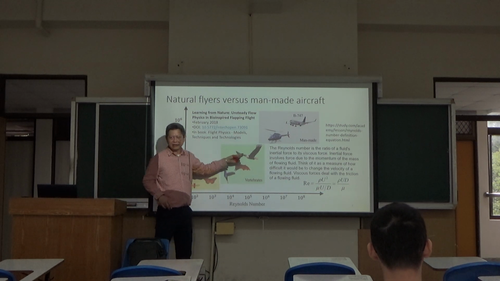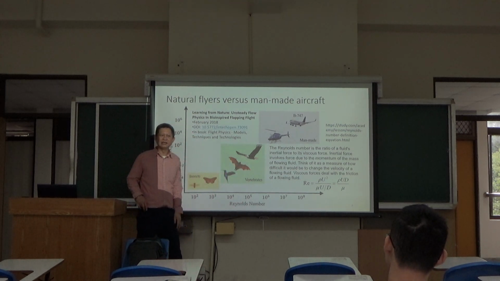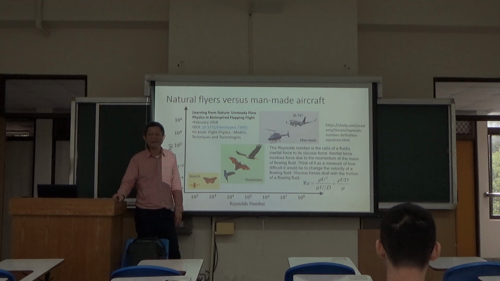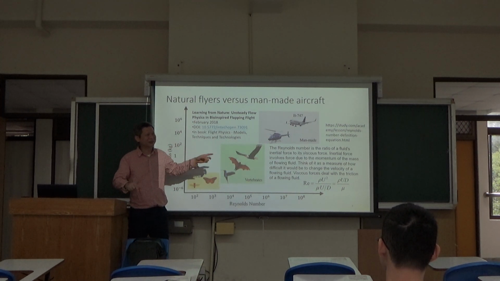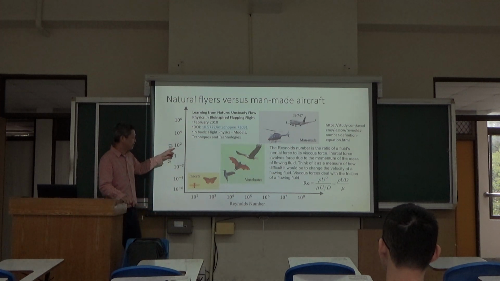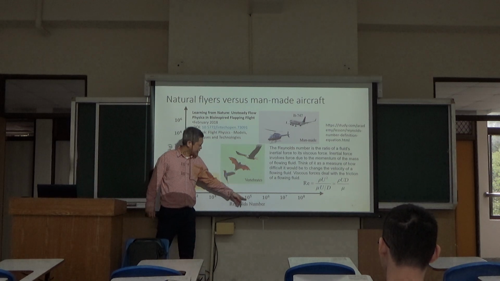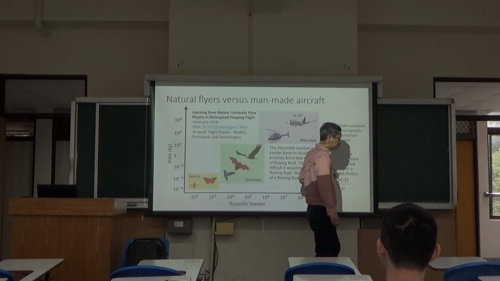So what makes a heavier bird hardly flying? 那我们再问一下，最重的鸟是什么鸟？就在陆地上，陆地上长得飞，但在天空飞，空中飞的，就是轻的。